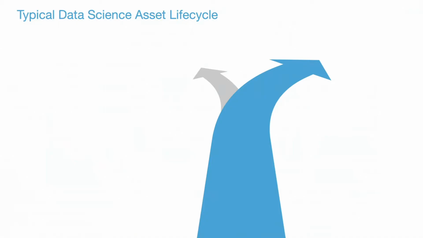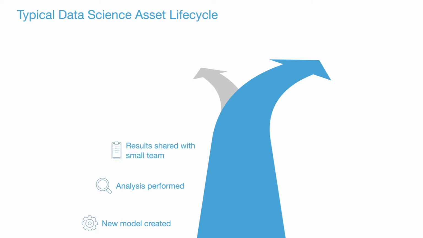If you think about how a data science asset, whether it's a machine learning model, or an advanced visualization, really anything a data scientist creates, what happens to that? Let's take a look. Obviously, initially it starts with Debbie creating the new model and determining on her own that, hey, this is something really interesting. My model is something that's really useful. I've got a useful insight that, if I can socialize it, has potential to transform some part of the business, right? You do the analysis, identify the findings, and then take those findings.